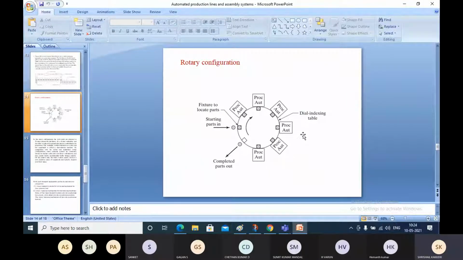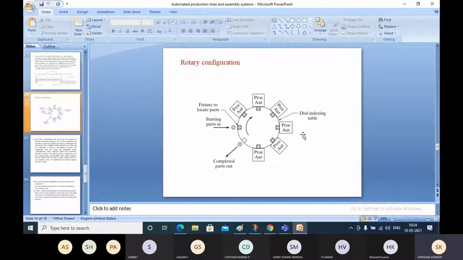The rotary configuration systems are often used in industries that have very little working space, where a limited number of workstations are required, and we are going to process very small components. At that time these rotary configuration systems will be used, and the workstations will be arranged around the periphery of the dial indexing table. This dial indexing table will be rotated by means of a DC synchronized stepper motor, which will advance by whatever is required. We can make the arrangement.